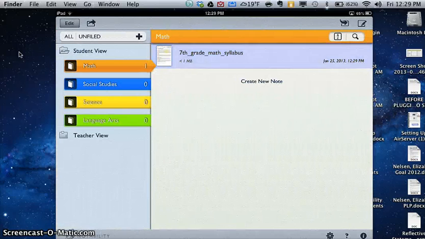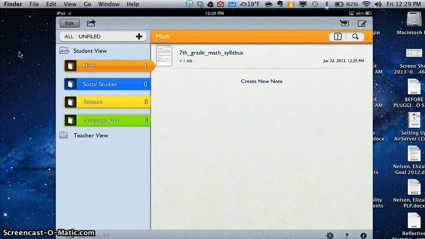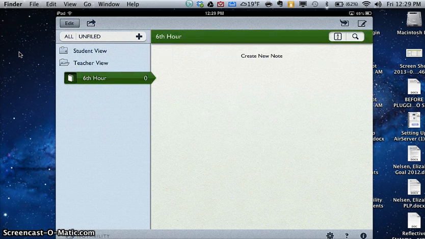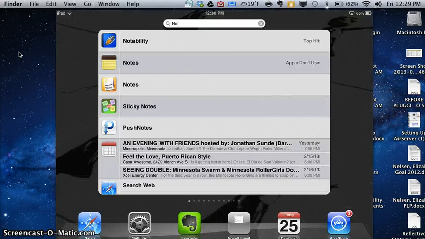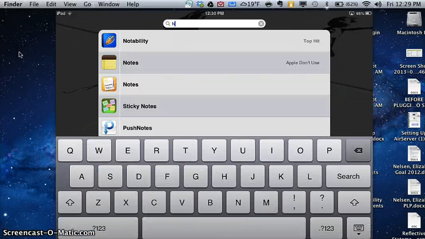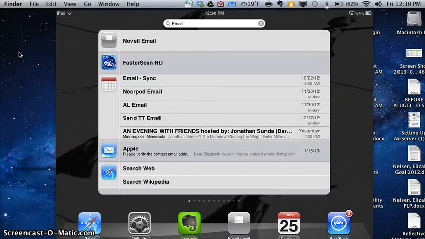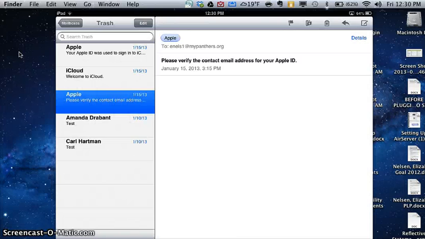Alright, now I'm going to show you what it looks like to annotate or to write comments as a teacher once a student has emailed me an assignment. So I'm going to close Student View, I'm going to open Teacher View, and I'm going to have my 6th hour folder open. Now let's go to my email. So now I am pretending that I'm the teacher, and I am on my iPad,